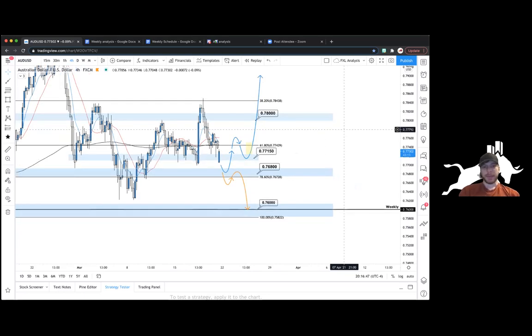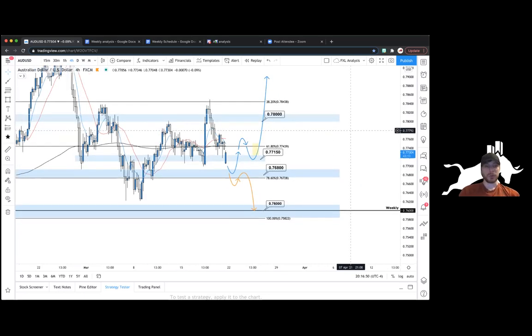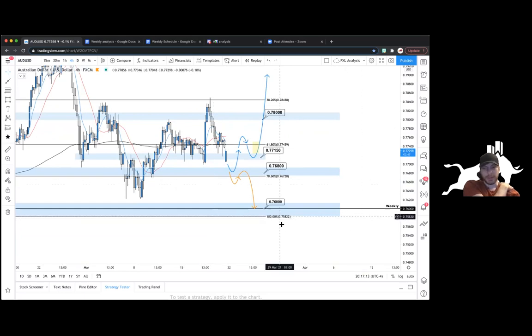But what needs to happen for us to start looking at potential shorts on AU? First one off the bat would be a lower time frame trade, probably like a 1 hour, 30 minute. If we saw a lower high below 0.768, and then bearish setups to enter on, like an MA cross, the more confluence, the better. So that would be a nice short opportunity. Pretty tight stop loss, good TP level, target down towards the weekly, and then